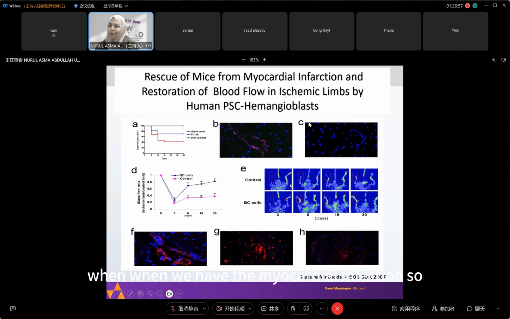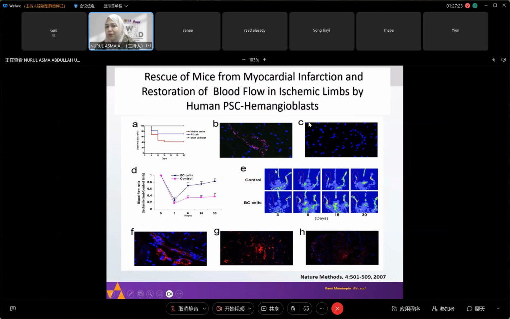When we have myocardial infarction, it means our blood flow is not normal. Our blood flow is normally fine, but we will have restrictions going to certain parts of our body. So when we don't get the blood supply because of the myocardial infarction,